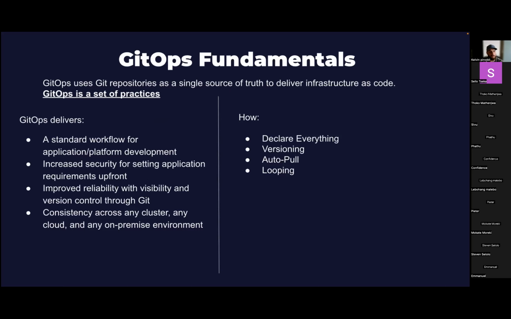Cool. So getting into GitOps fundamentals. First of all, the question is, what is GitOps? GitOps uses Git repositories as a single source of truth to deliver your infrastructure as code. As we've already seen in the industry, most of the infrastructure now running in the cloud has moved to becoming declarative, so as code. So the likes of Ansible came out, the likes of Terraform came out, Kubernetes came out, which you declare. And all these things have one thing in common: you're declaring your infrastructure or your application resources or everything as code. No longer the days where you have bash scripts and things get run and never seen again.